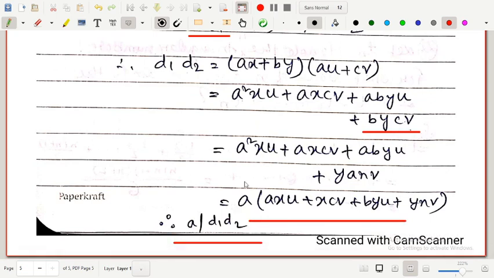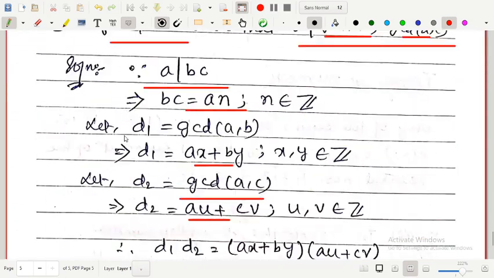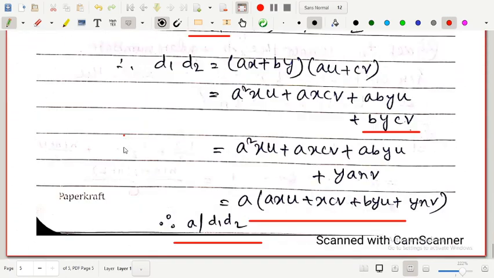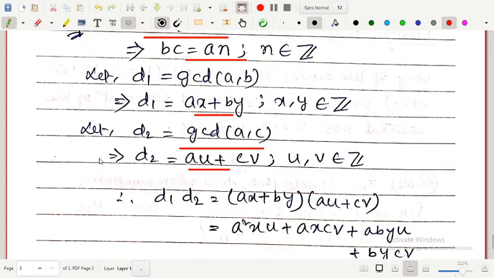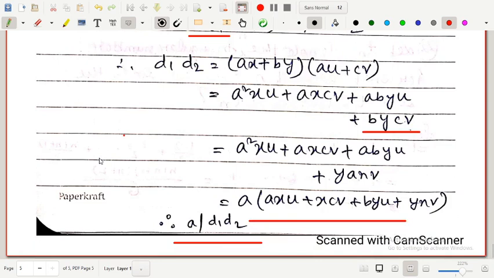Fine. Now I want to give you a homework. I will post it in the group. So you have to do a homework based on this topic, and especially this homework is from triangular numbers. So okay, this is the end of today's lecture, and based on today's lecture I am going to give you a homework in the PDF.